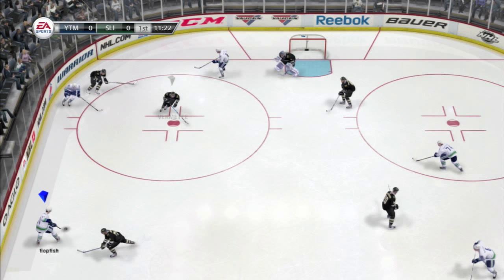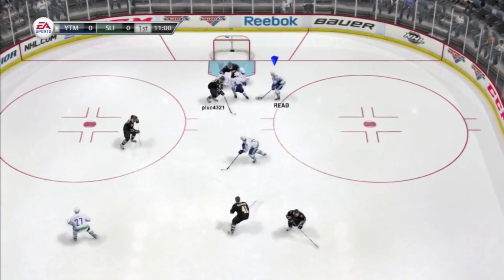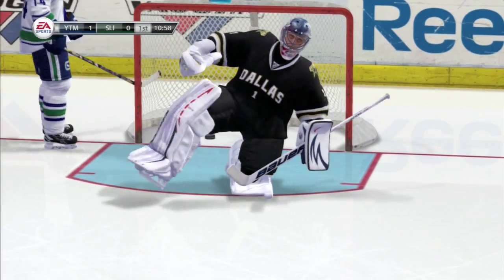We're in perfect position, and we fire off the shot here. A very good one in that situation. Save with a blocker. Rebound shot. Alright, so as you guys can see, I got the nice little rebound goal there, and it kind of focuses